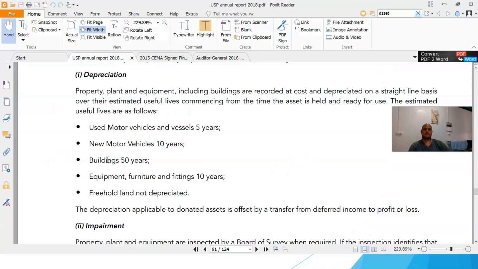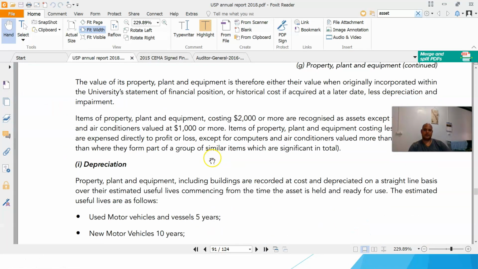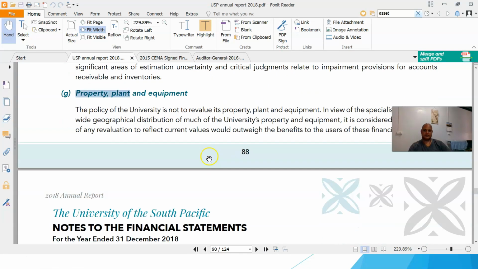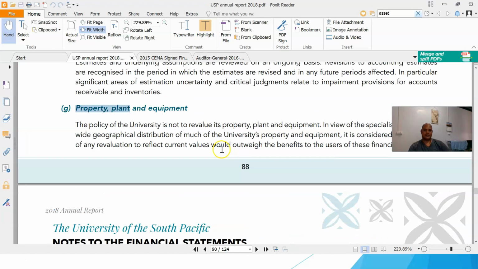Let's go to USP, page 90 and 91. If we go to page 90, this is the property, plant and equipment. It's very interesting. Every organization has different policies, for your information.